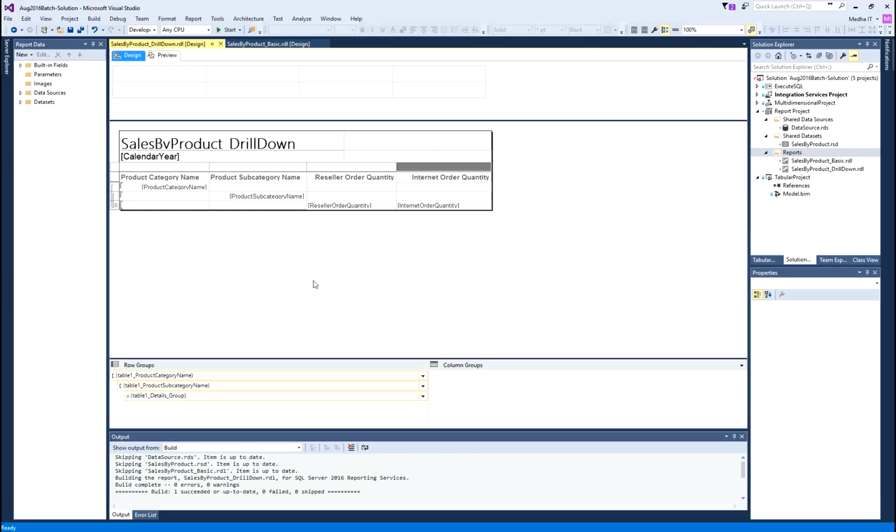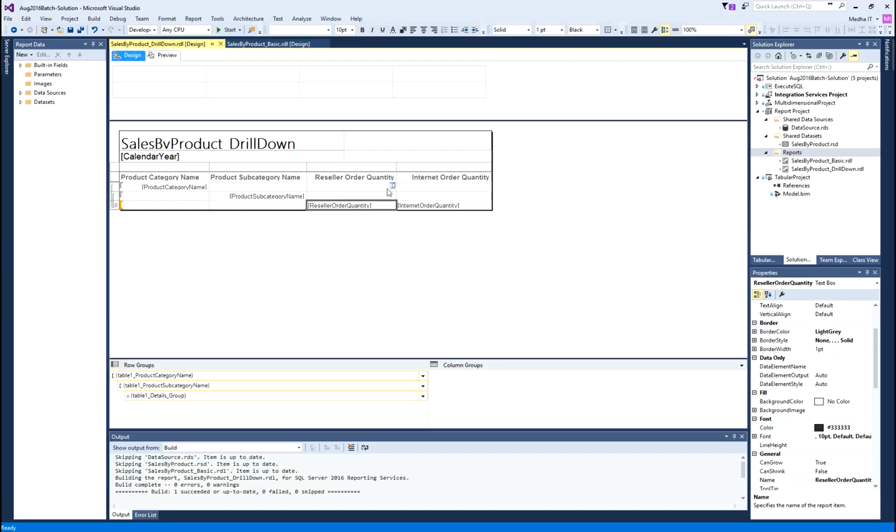Okay. So my requirement is I want to add the sum columns here. Sum means the detail columns. So all I can do is go here, because at the product category name I want to see the reseller order quantity, right.